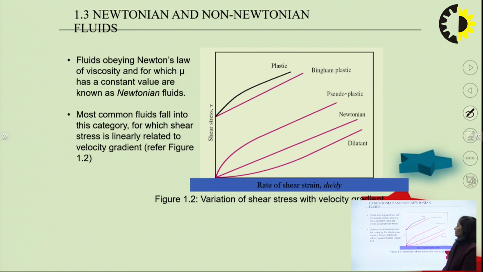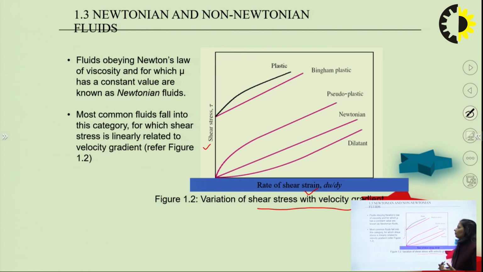Now we go further. Here you can see a particular graph between shear stress and rate of shear strain. Here you can see the variation of shear stress with velocity gradient. It is a simple variation between different kinds of fluid. Those kinds of fluid may be Newtonian fluid, non-Newtonian fluid, ideal fluid, pseudoplastic, Bingham plastic, maybe dilatant. So there are other types of fluid, some of which do follow Newton's law of viscosity, and some